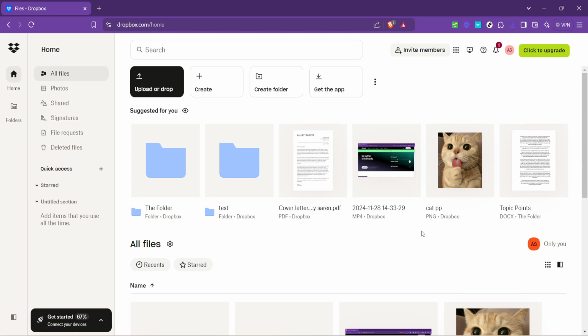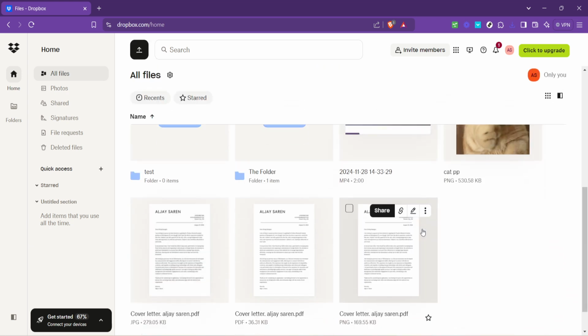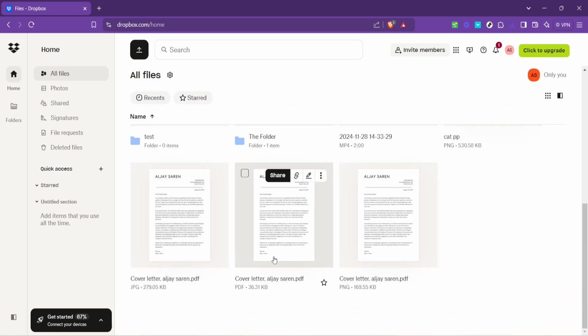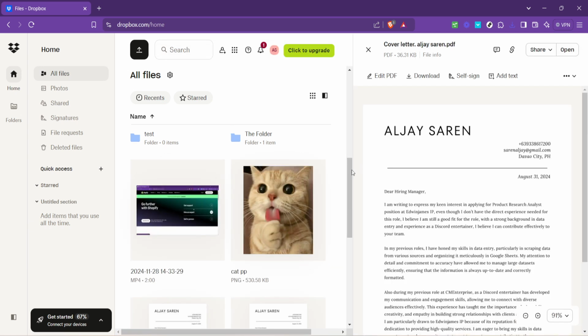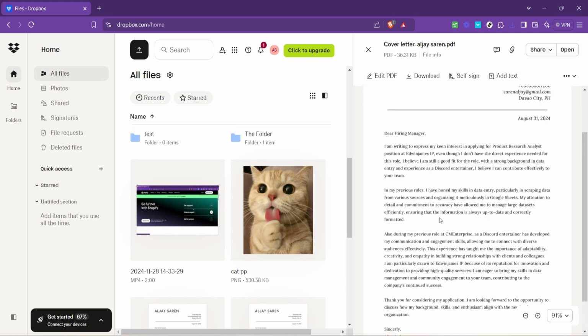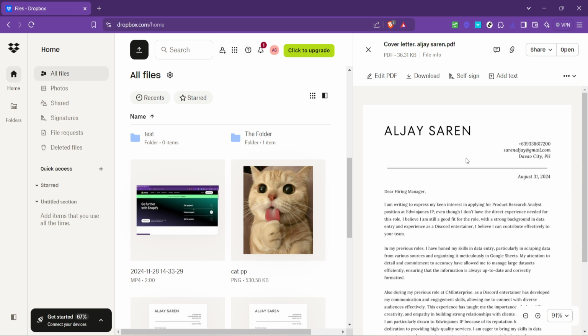This part of the site acts like a digital filing cabinet, neatly organizing your documents, images, and other files for easy access. Now let's get to the editing part. Browse through your files and click on the one you wish to edit. Dropbox supports various file types, and picking the right file will bring you one step closer to making those necessary edits.